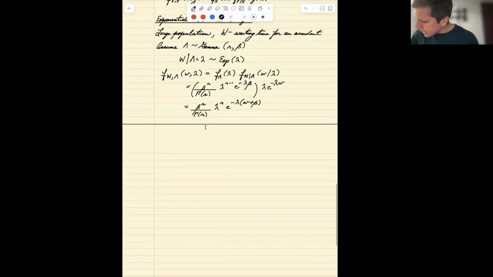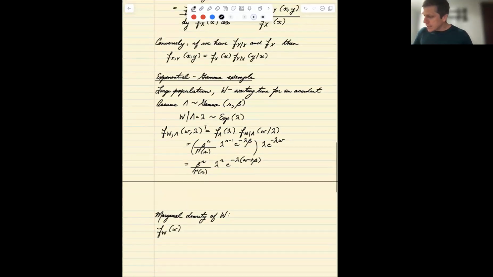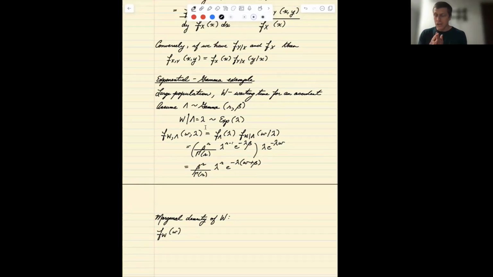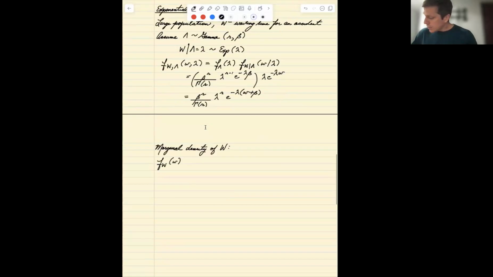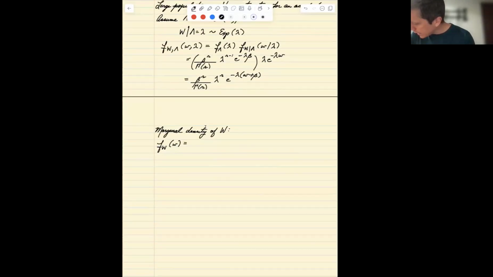So what's the marginal density of W? In other words, if we just get rid of the random lambda, what is the distribution of W? So we have to integrate out. So this is a case of two random variables that are dependent on one another. So we have to integrate out lambda